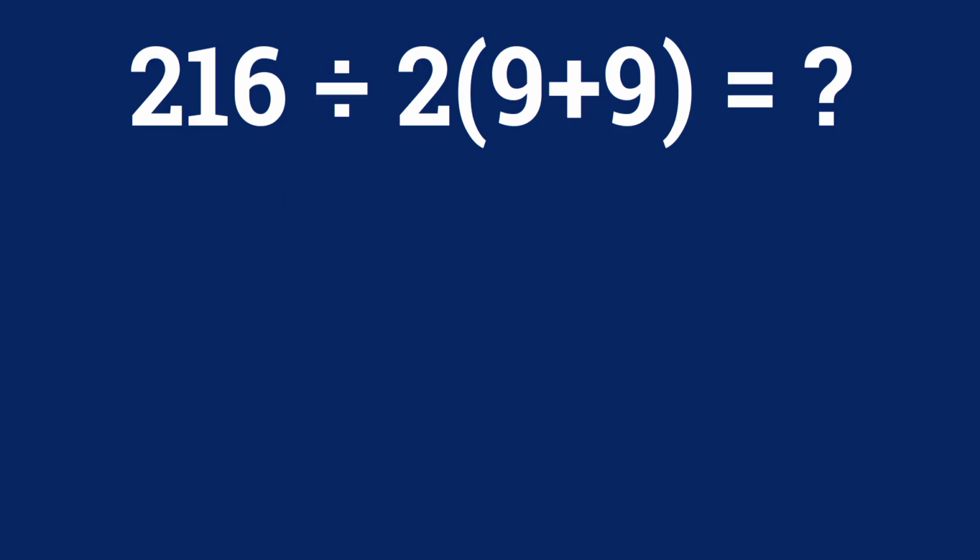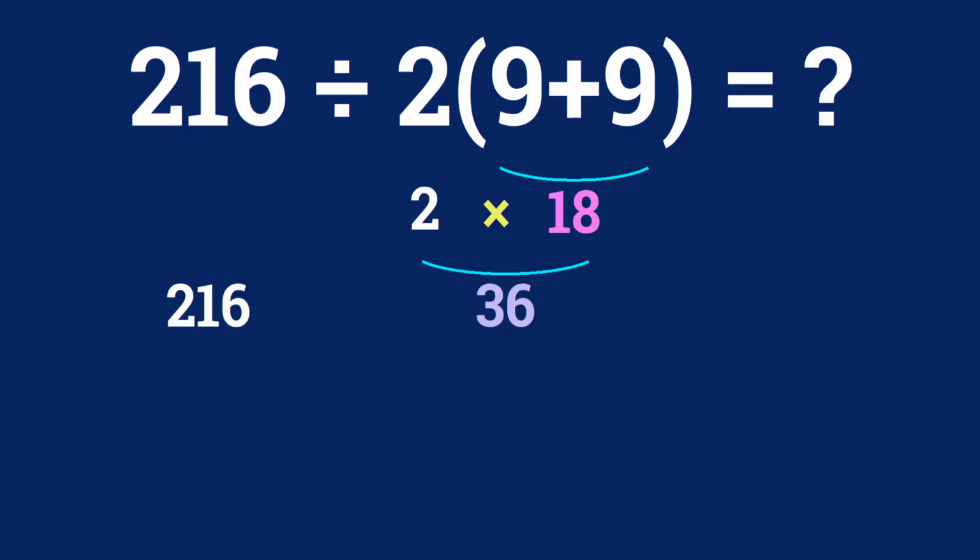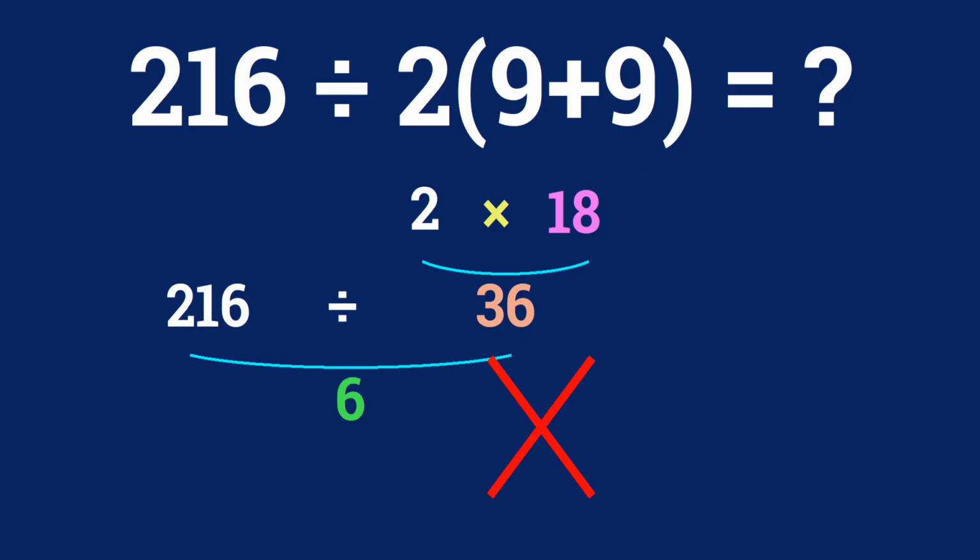9 plus 9 gives us 18, and 2 times 18 gives us 36. So 216 divided by 36 is just 6. But this answer is not correct, because according to the order of operations, first we have to do parentheses, then